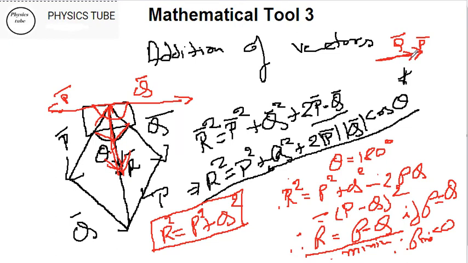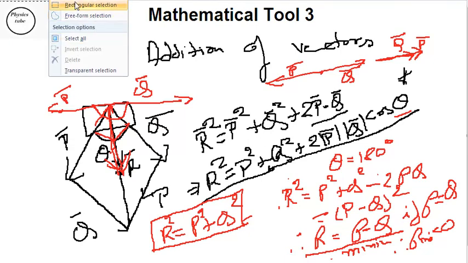But the funniest part is, you may feel this is funny. Yes, they are triangles, they can make a triangle, but the area would be 0. If you have P in this direction and Q in this direction, even they can be considered as a triangle, but of course the area is 0 in both cases. So with 90 degrees, cos 90 is 0, so this vanishes. So you have only R square equal to P square plus Q square. So depending on the various values of angles, you can easily find out what exactly the resultant would be using the parallelogram law. Now I'd like to give you a numerical, a problem which I prefer to give